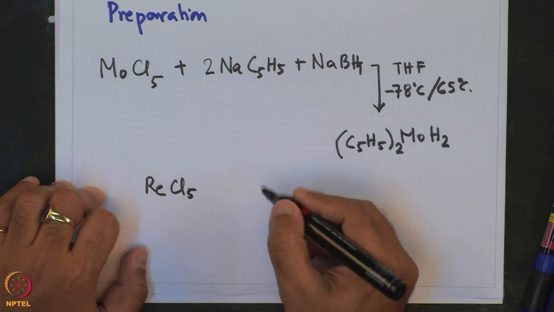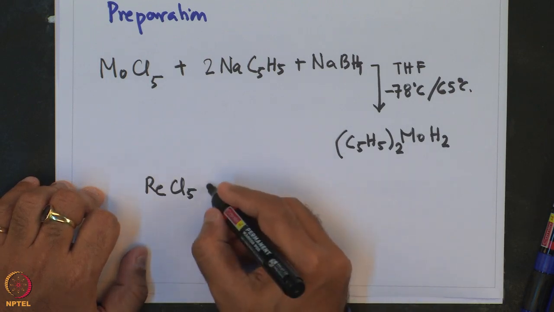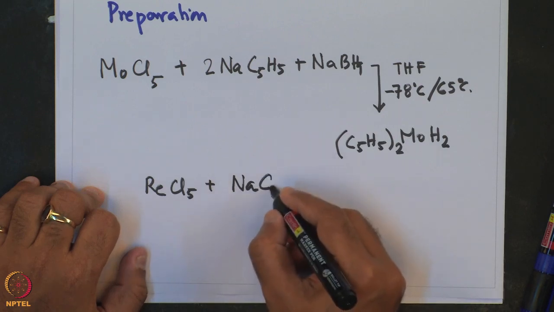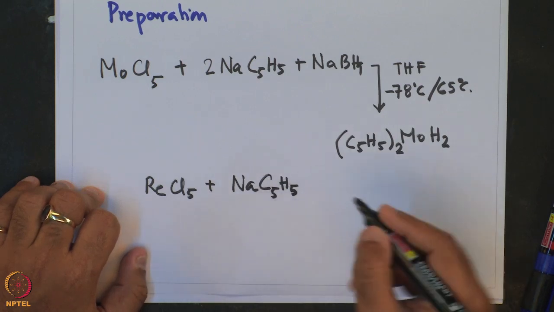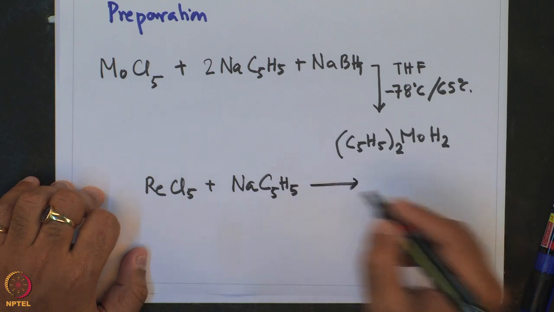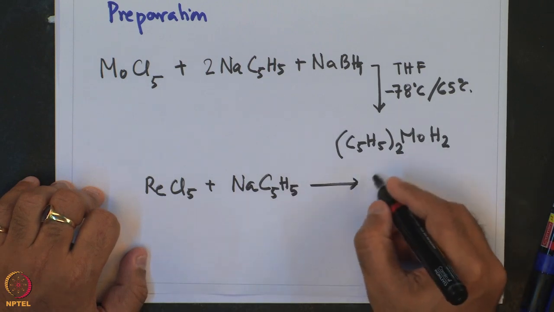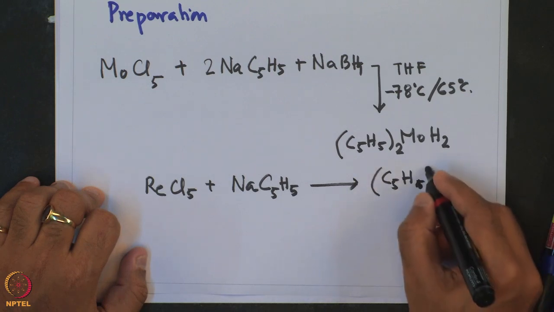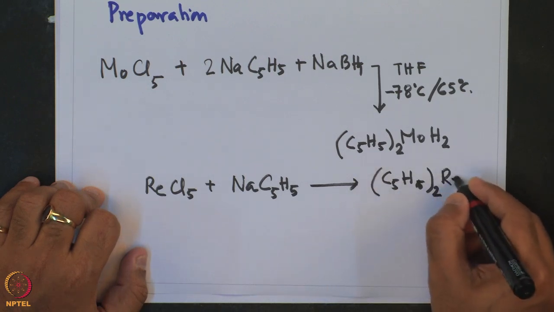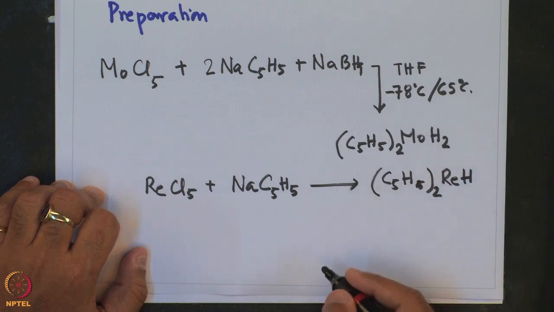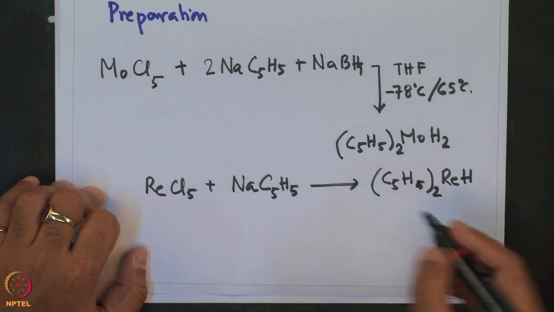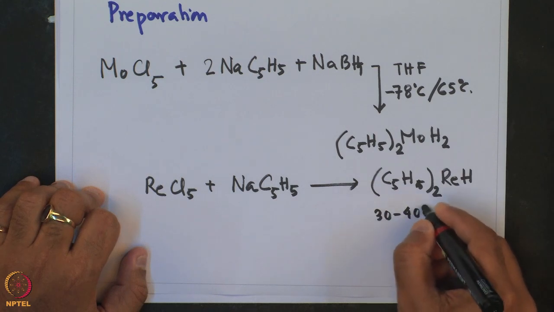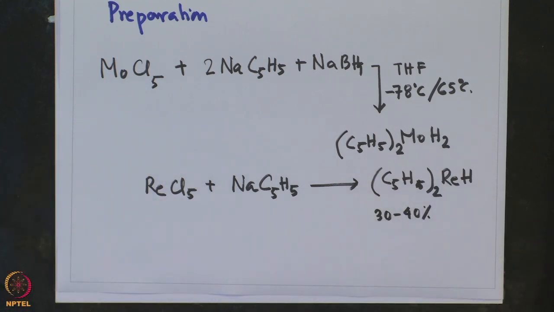Similarly, the reaction of ReCl5 plus NaC5H5 giving (C5H5)2 ReH. Now, this yield is kind of an issue, 30 to 40%, and the